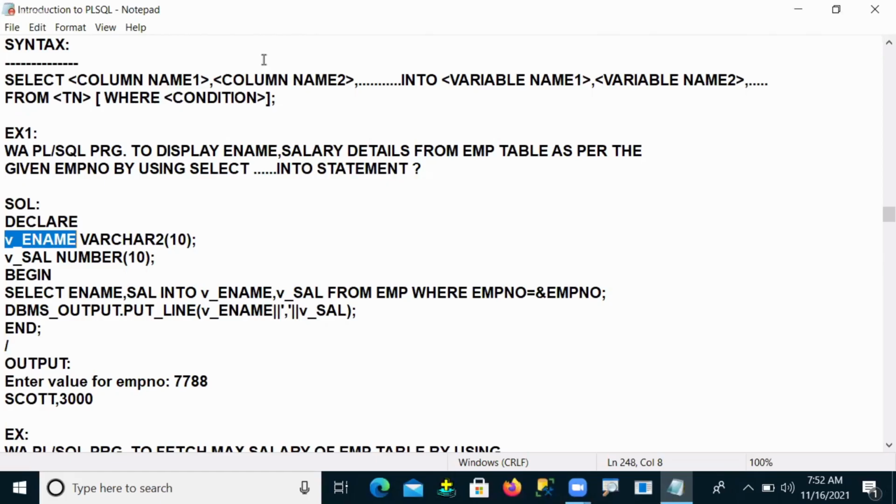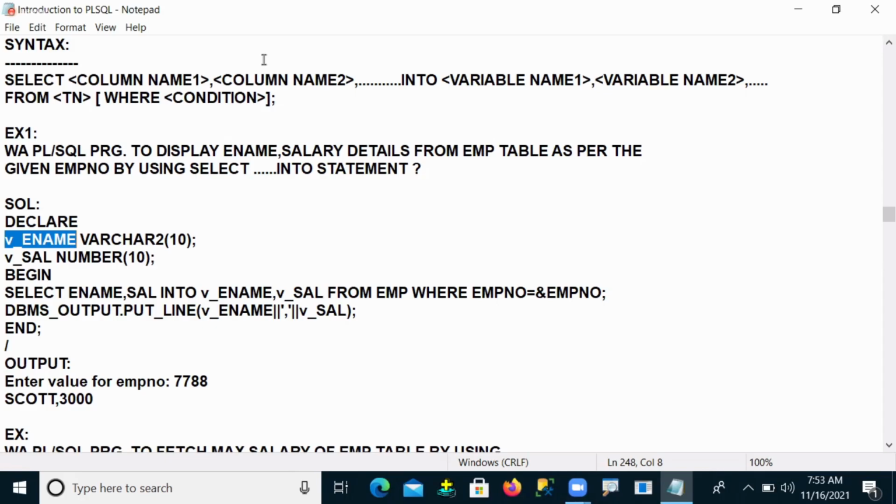But whenever we use XYZ, it is very difficult to understand. Is X variable storing ename column data, or salary column data, or some other column data? Which column data is X storing? That is confusing. To avoid that confusion, in real time programmers take the column name as the variable name. When I take my column name as my variable name, I can understand that the ename column values are stored under the v_ename variable.